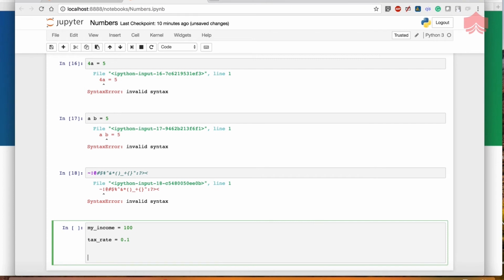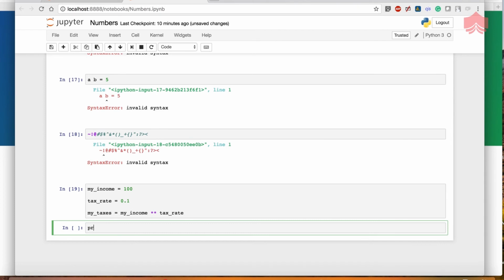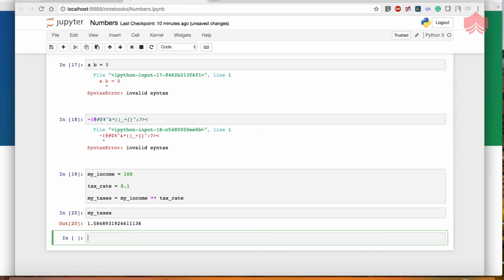So I'll put 0.1. Now I need something that calculates my taxes, which is equal to my income multiplied by tax underscore rate. If I put 10, I would do it differently, but since it's already divided, I could put it as 10 divided by 100. My income multiplied by 10 divided by 100 would return the right result, but since I have already put 0.1, I can simply multiply by this. And let's see what the output will be if I print or just call my taxes. This should tell me what I should pay, and I should be paying